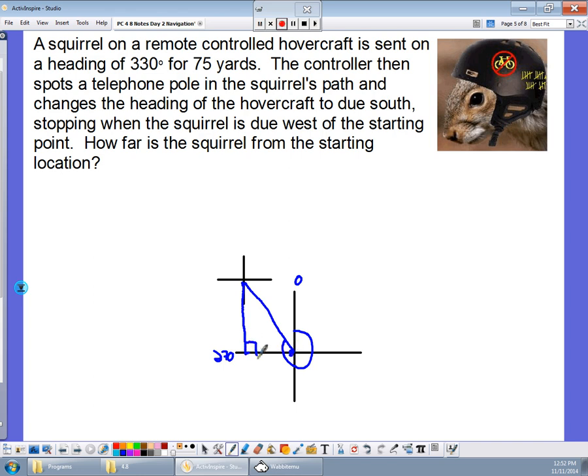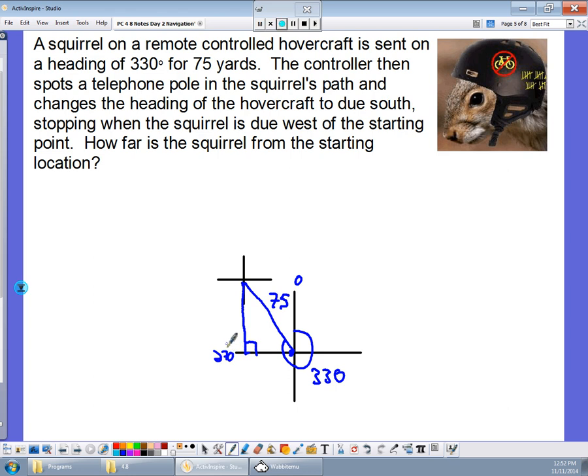So again, I'm given a right angle. So this distance here is 75, and right now that looks to be the only piece of information I have, but if I go back, I remember that this here was 330,